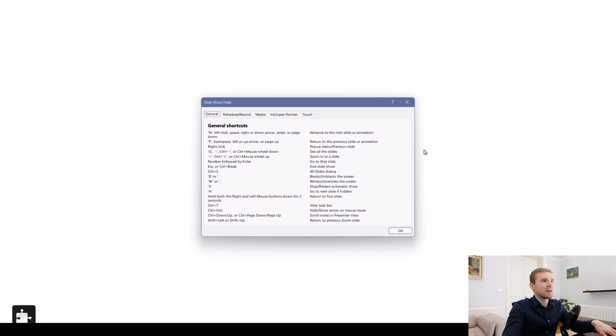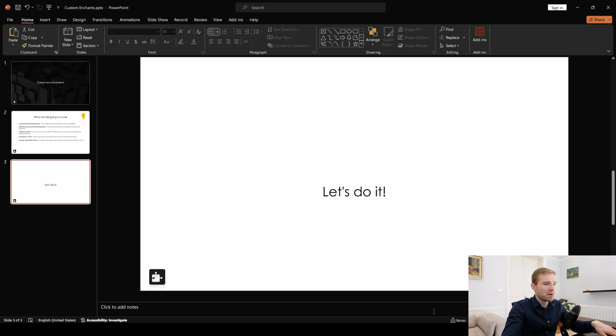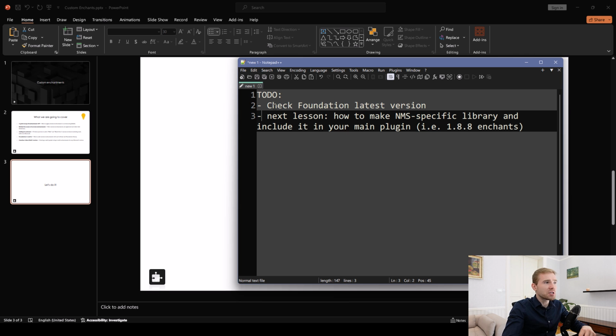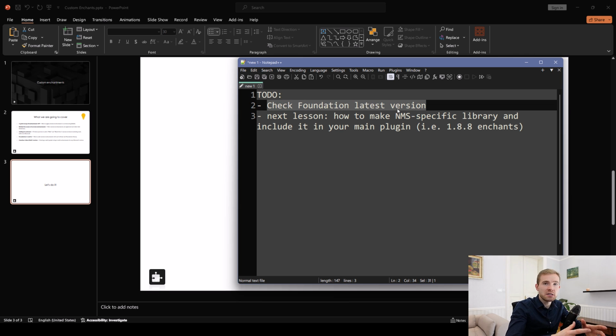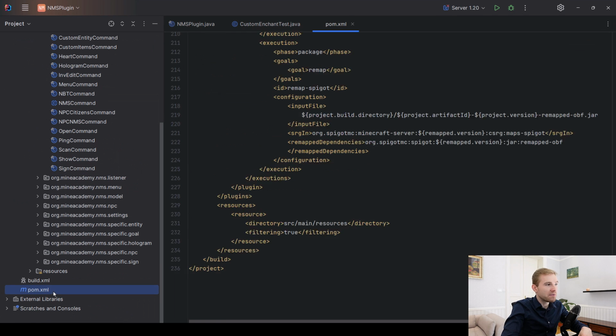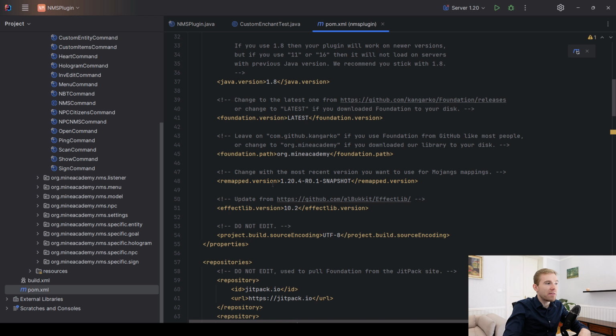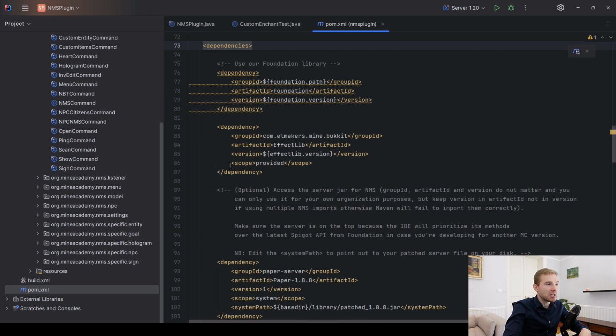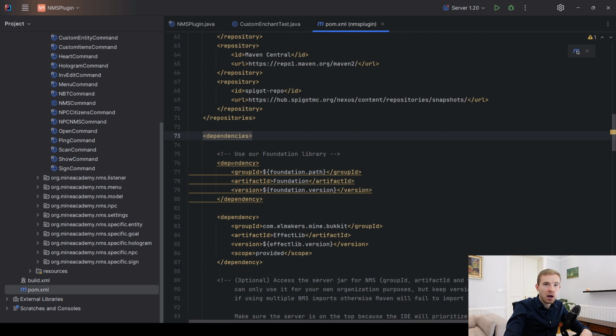So I'm just gonna exit out of these mysterious windows appearing. First of all, there's been major changes to Foundation, especially for 1.20 and newer Minecraft releases. So I do urge you guys to go to your POM file and then check whether you have the Foundation on the latest one, and if you follow our plugin template setup, you should have a dependency with custom path variables like this one,